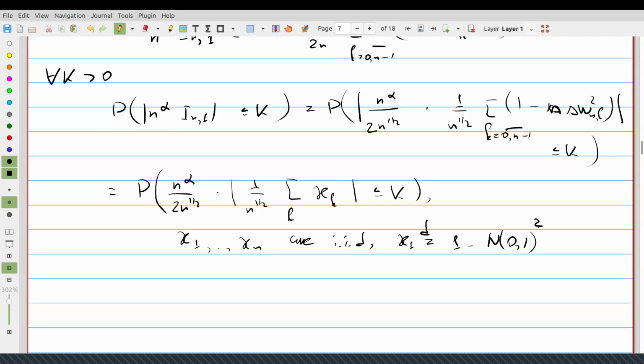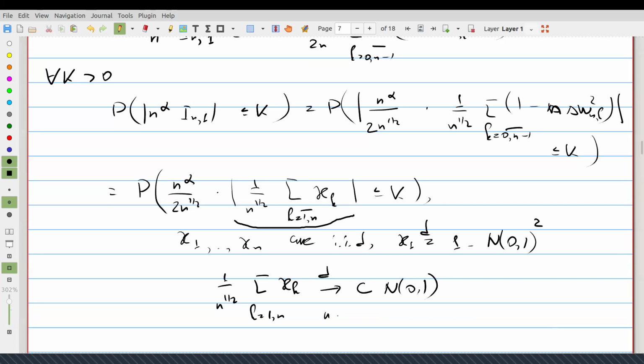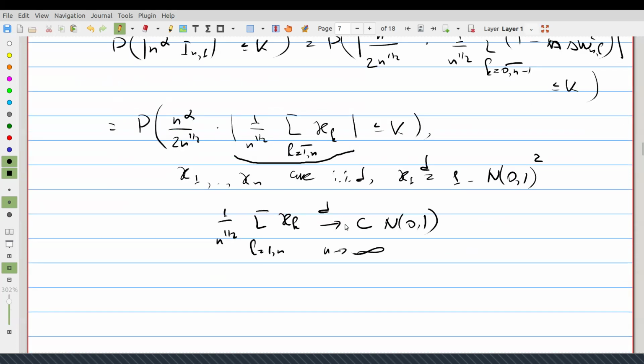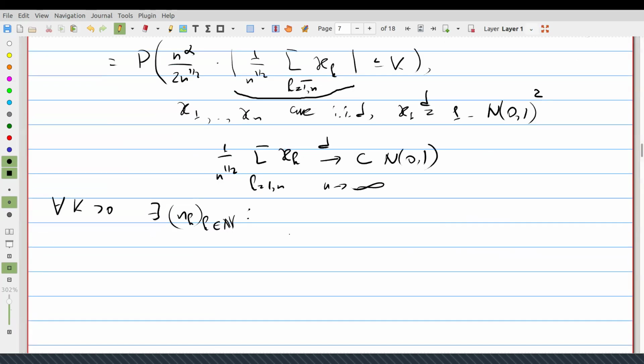But now, if you consider a sequence of such random variables, that effectively means convergence in distribution to some constant by the central limit theorem, which means that for any k greater than 0, there is a sequence nk such that